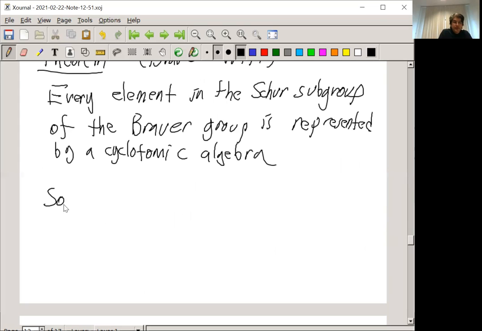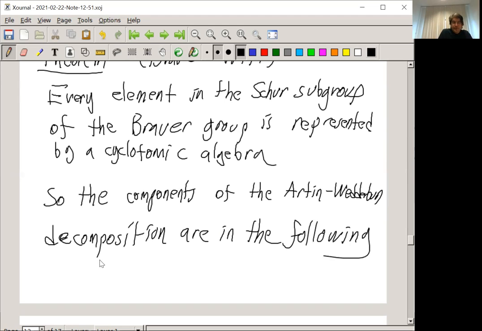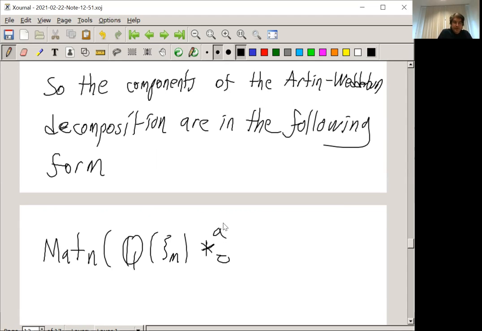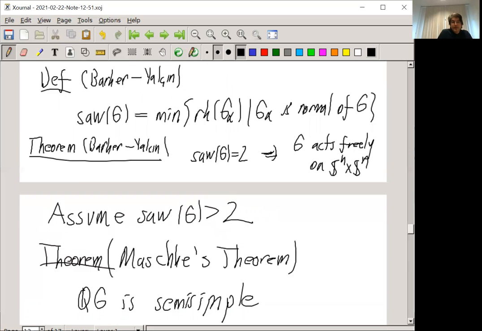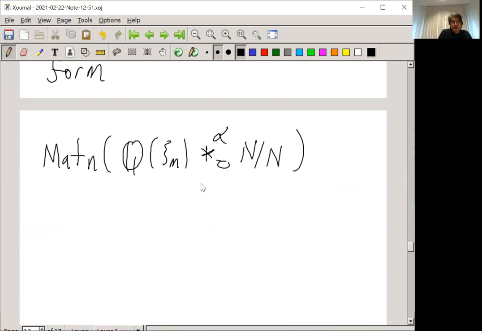Okay, so the components of the Martin-Wedderburn decomposition are in the following form: Mat_n(Q(ζ_m) *_{α,τ} N/H). So in this decomposition, the division algebras can be written in this form. Sorry, it's not N over H, I should say,